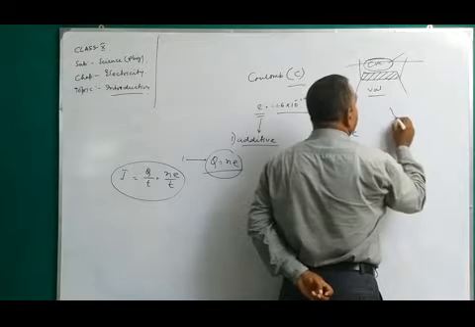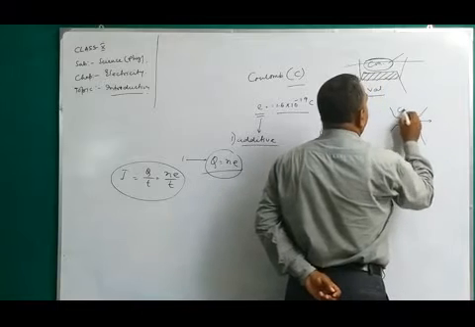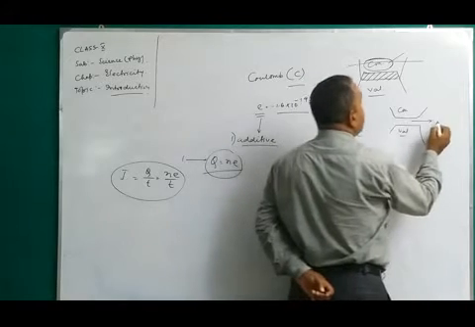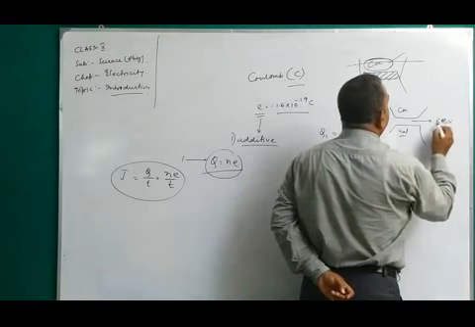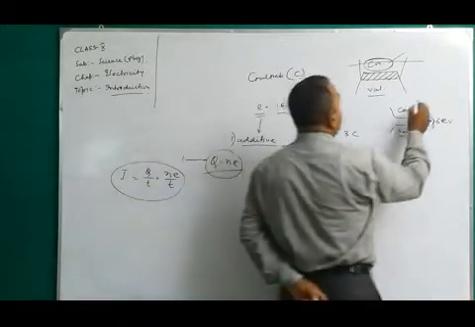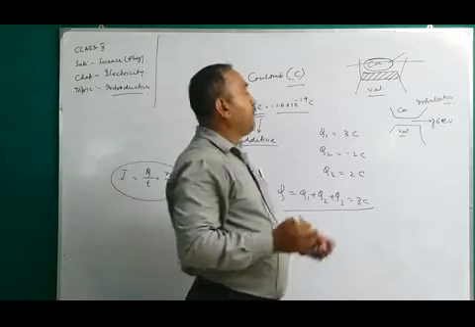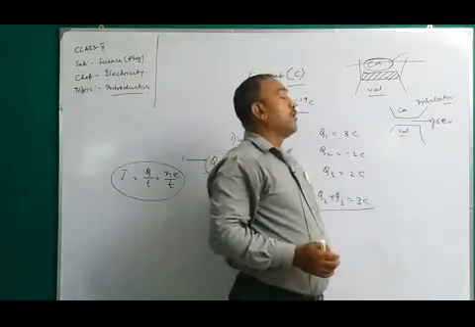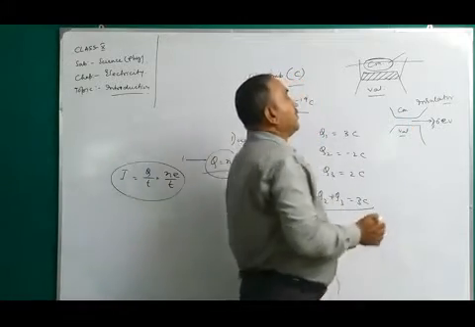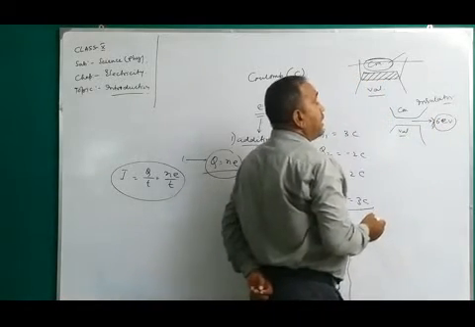Suppose you consider the insulator. Insulator means this is the conduction band and that is the valence band. A forbidden gap is there, means an energy gap is there. More than 6 eV energy gap for the insulator. So the free electron cannot move from the valence band to the conduction band due to this huge forbidden gap, energy gap.